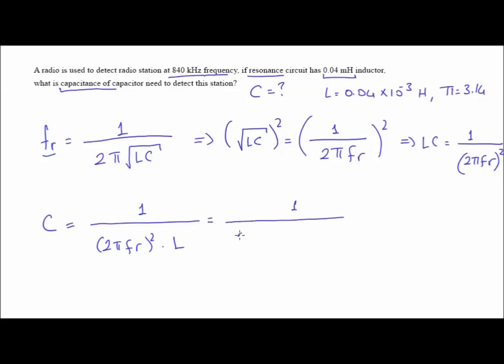So now when we substitute the value, 1 over 2 times 3.14 times FR is 840 kilo. Kilo means 10 to 3, squared, and the L is given 0.04 times 10 to minus 3, and the C going to be 0.898 times 10 to minus 9